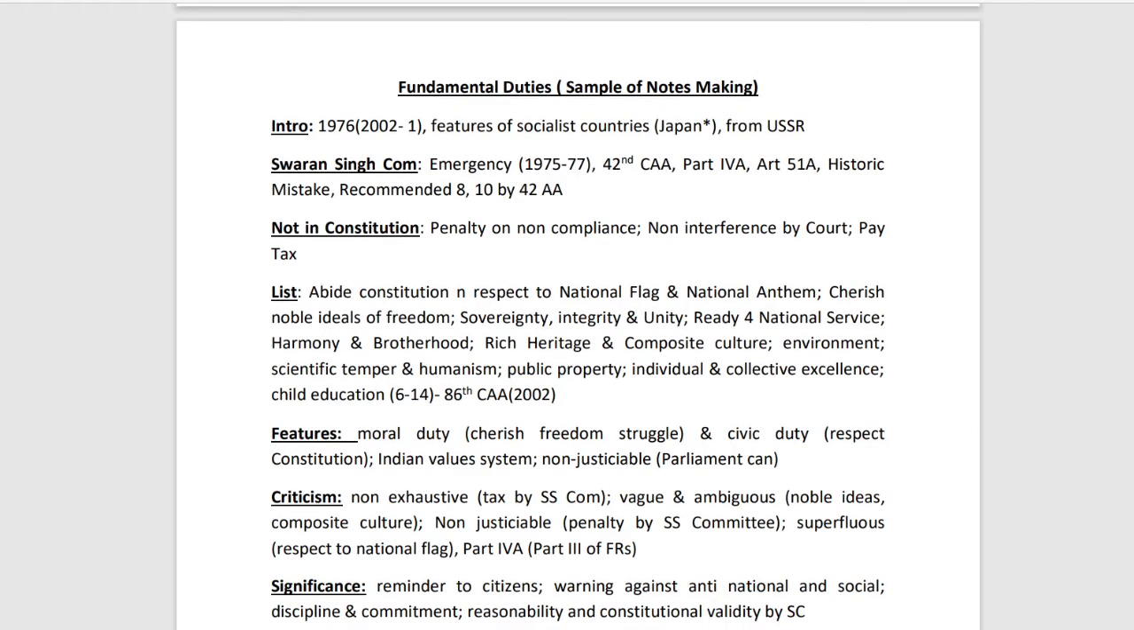the notes again here. So see here, not in Constitution, penalty on non-compliance, non-interference by court, and third, that is pay taxes. So can you see here how I have prepared the notes? And you can see here that the three paragraphs are now with me in simply 3 lines. So this is how we have to make notes. We have to convert big, bulky paragraphs in simple format and in minimum number of